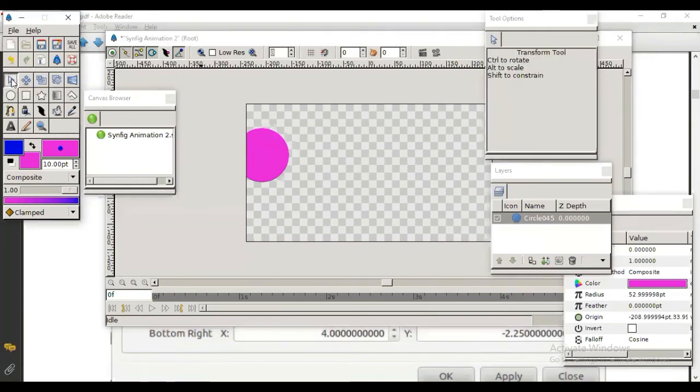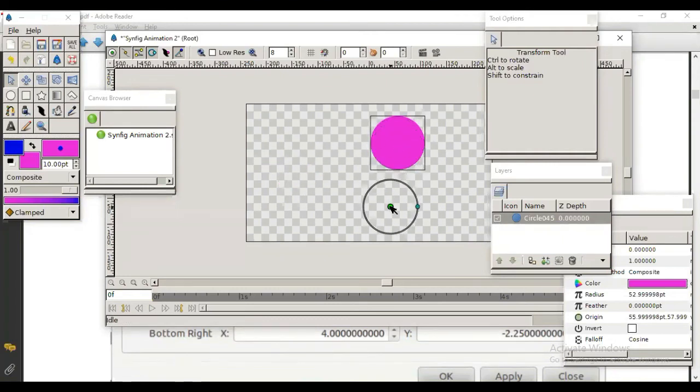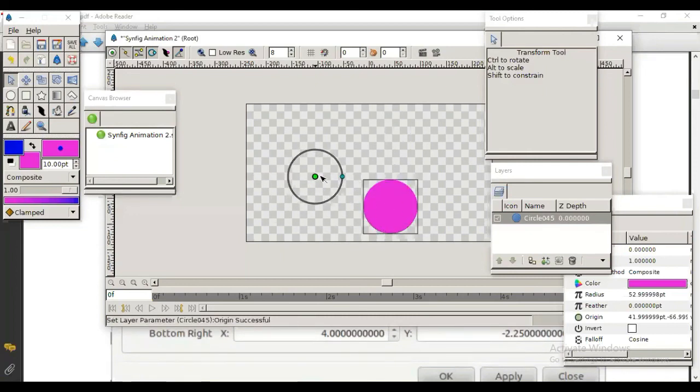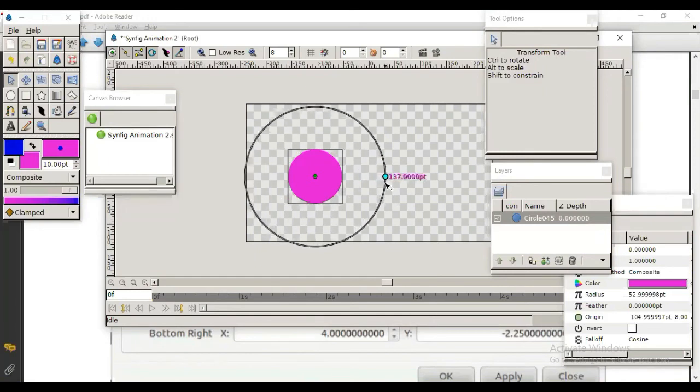So click on this transform tool and drag it. These two green and blue circles are called ducks. This is for moving it to any corner, like this, like this. And this will increase or decrease the radius of this circle.